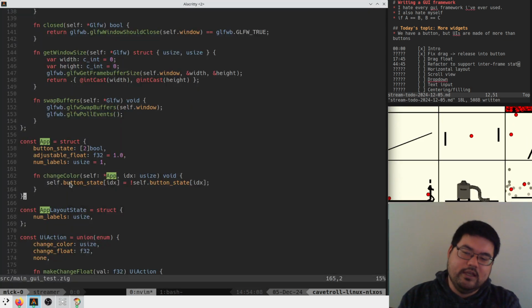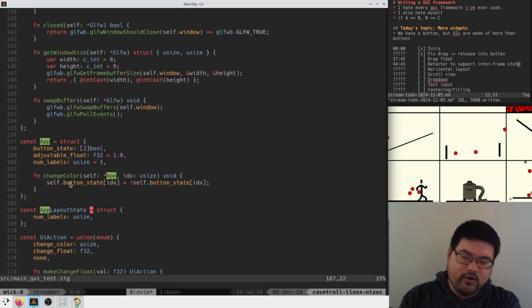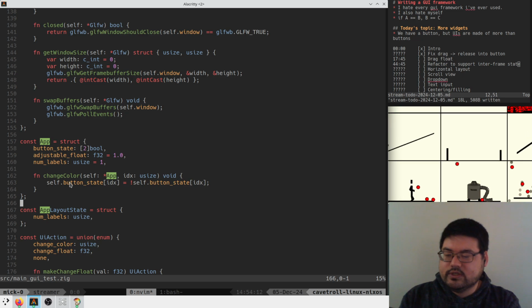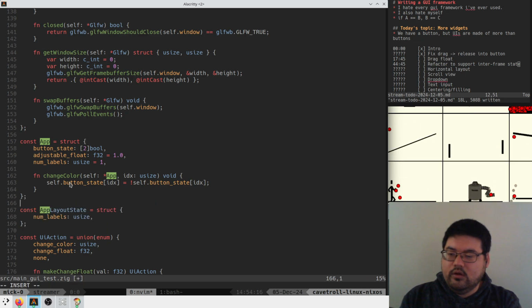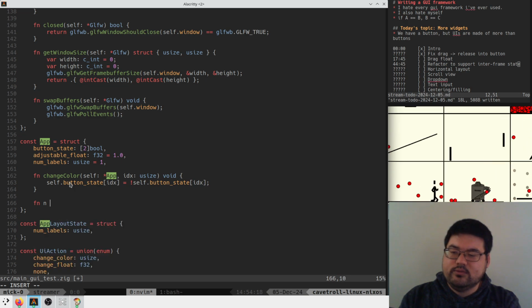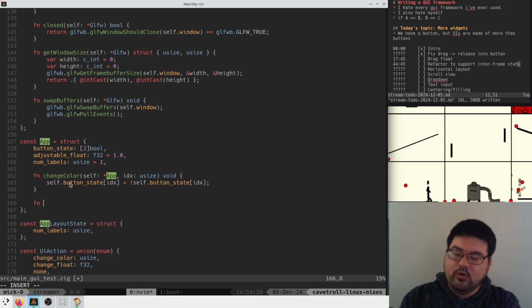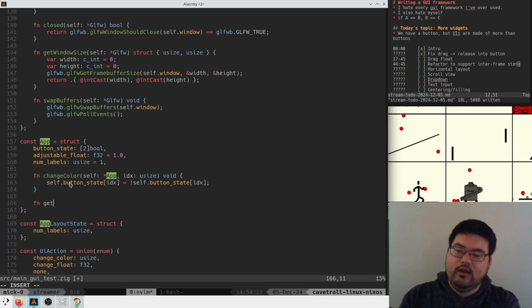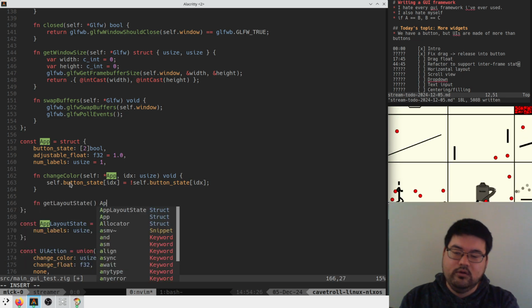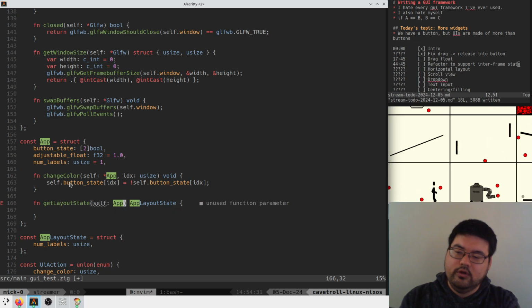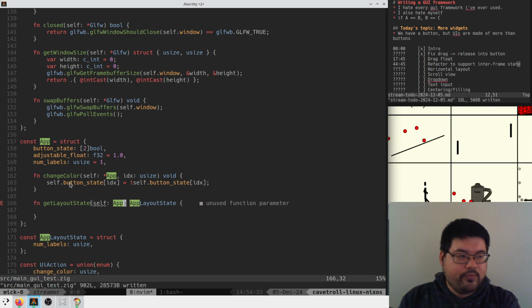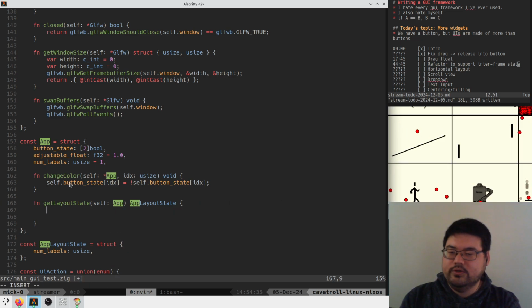I'm sure that maybe there are cases where this is going to become a pain, but for now, I think we're just going to go with needs relayout, or maybe we'll say get layout state. Okay. And then we can do something where we just return,